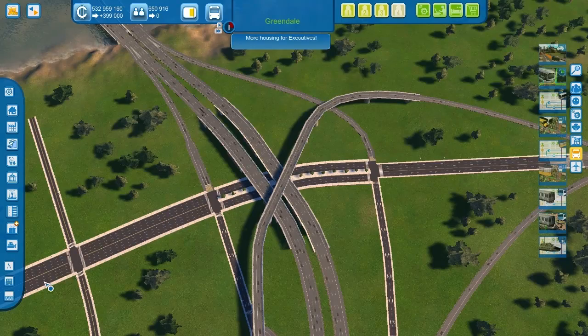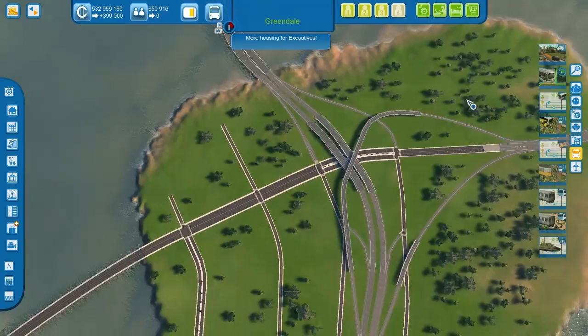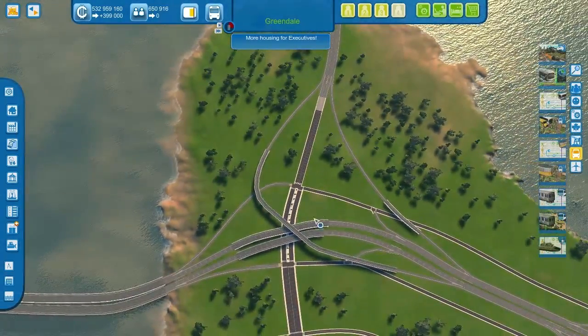So I took care of that. As you can see, there's tons of cars that go down this way. This is our 8-lane road here. This is about the only one in the city. But I was going back and forth with myself whether to actually take this to full freeway all the